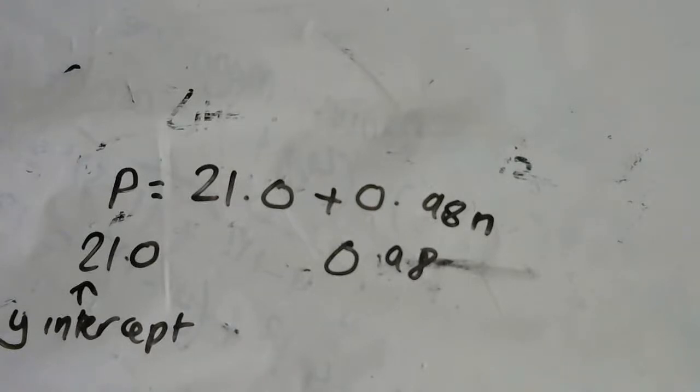It means that's your gradient, and that tells you how, if you add 1 to the number of items being made, suppose you make 1 item, how much more would you have, production costs would go up? So every time you make 1,000, it's not 1, it's in thousands. If you make 1,000 more items, you have to pay